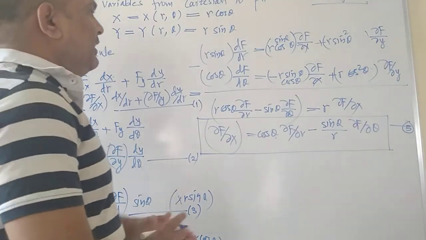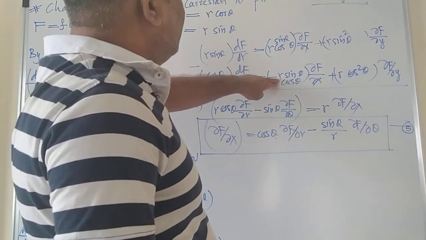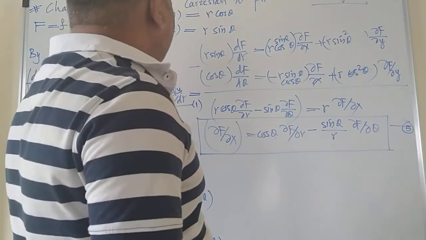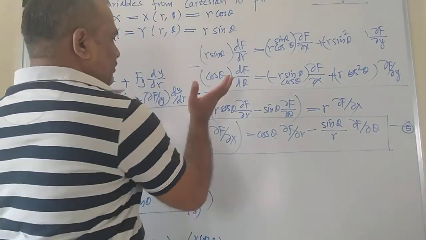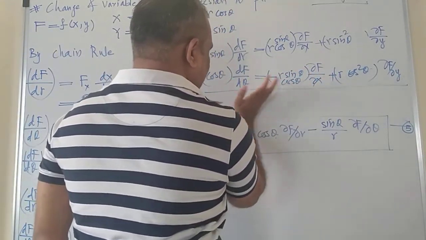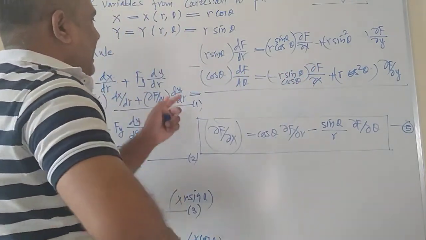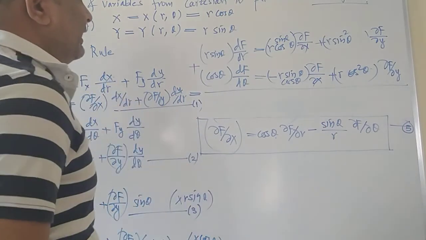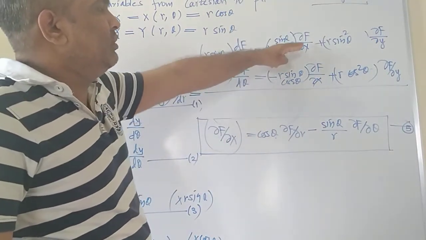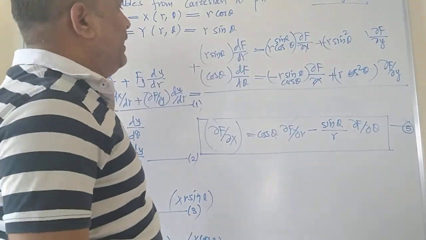Now work out the same thing. What are the common things? r sin theta cos theta here, and minus r sin theta cos theta there. Now add these two equations. Once you add these two equations, you will get something like this. Let me rewrite this equation. Now you are adding these two, not subtracting, because adding will be easier. These two terms get cancelled with each other. ∂f/∂x will vanish, and you will be left with only ∂f/∂y.